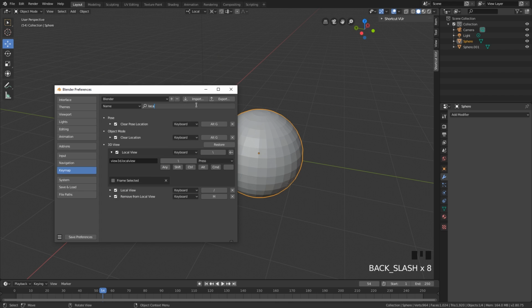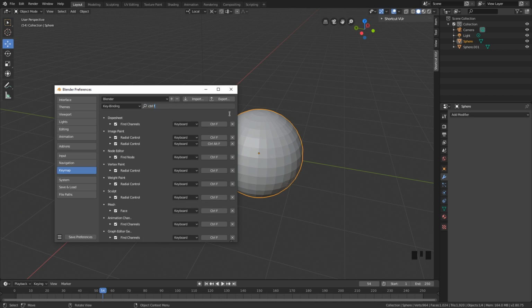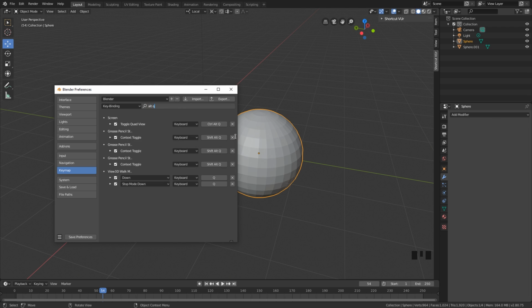You can also search here directly for keys as well. If we were to now just set this to key binding, you can, for instance, write Ctrl and F. Now you can find everything which is set to Ctrl F. So if you're trying to set some keys and you're looking for conflicts, just make sure you're not overwriting something. Then you can just see if there is anything here, which is, for instance, Alt-Q, which in this case